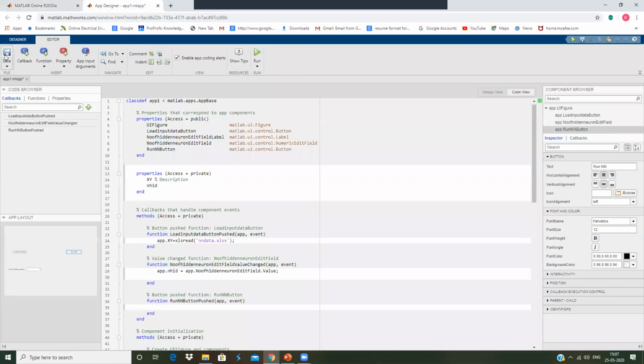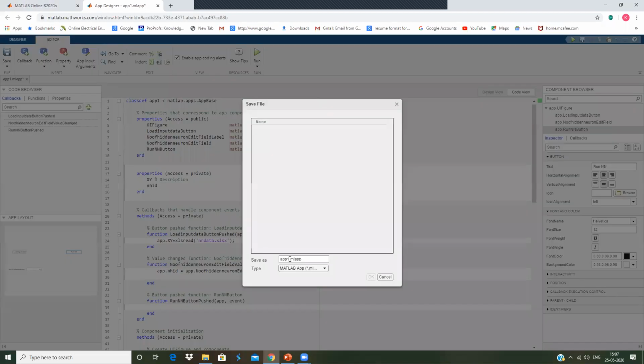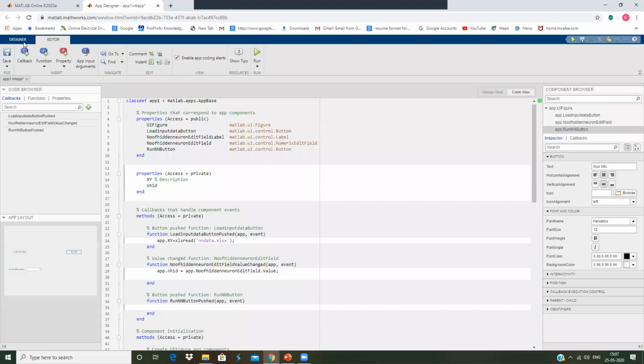Before that I am saving this app. I already developed this app, so I am opening it so that I can copy and paste from it. With the time constraint, I just copy and paste.